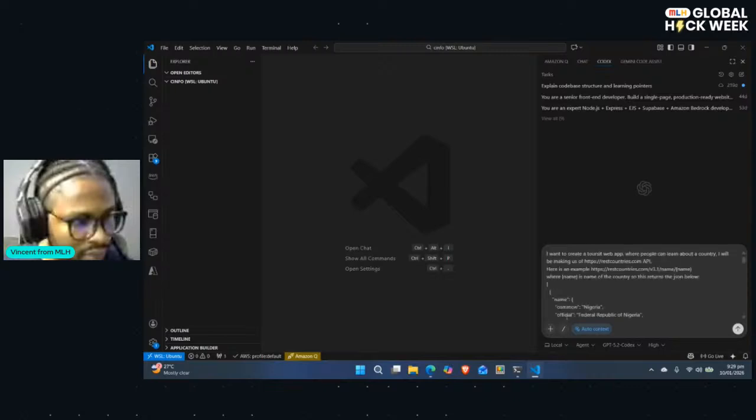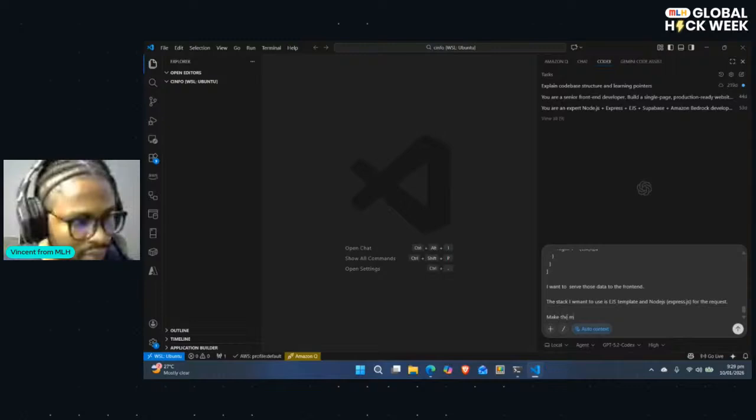So the first thing I do when I want to write code is I literally tell it exactly how I want it to think. So I'll tell it, you are a full stack senior developer. I want you to think like a full stack senior developer.